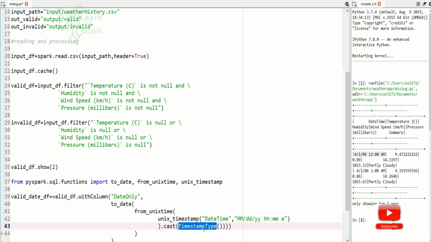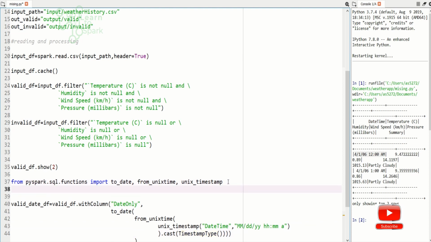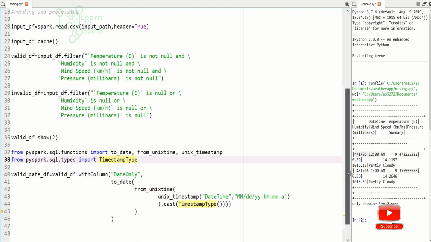So again we need to import the types, so I will add that line as well. So now we are done.